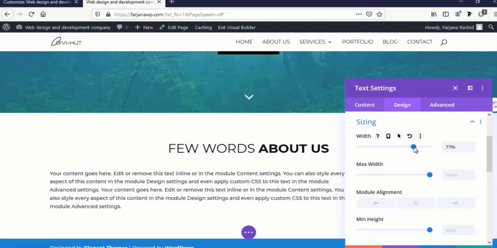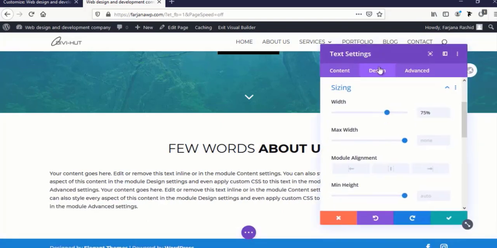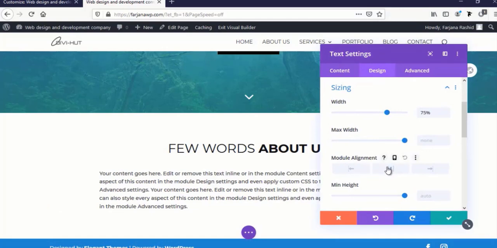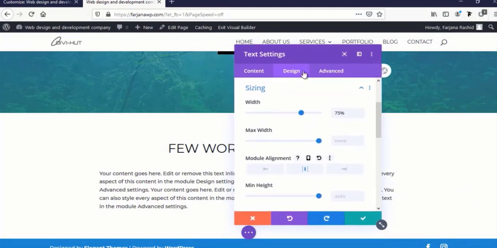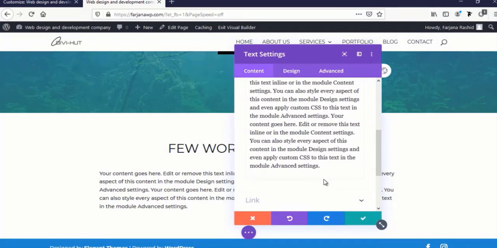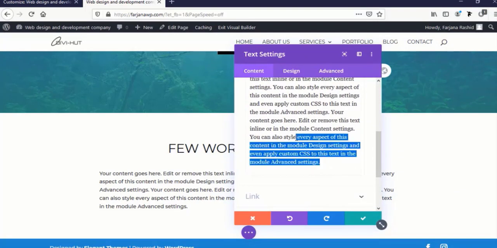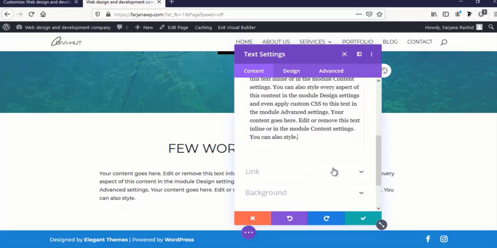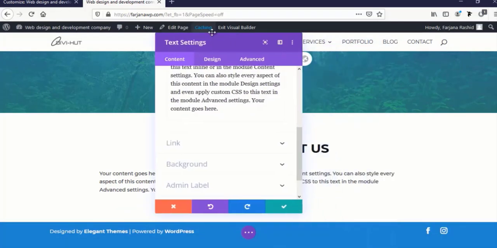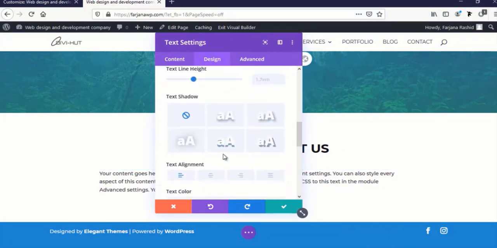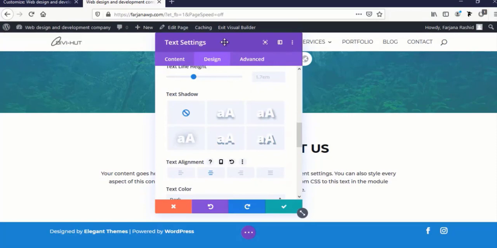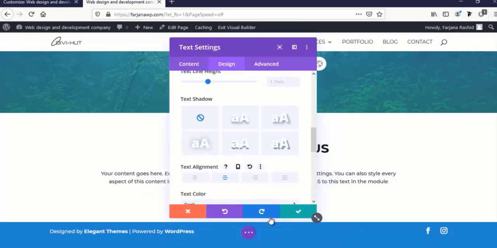So you can make it 75% and alignment to center. Okay, looks better. You can decrease some text from here, and you can make the text alignment center also. And that's it. Now going to save it,